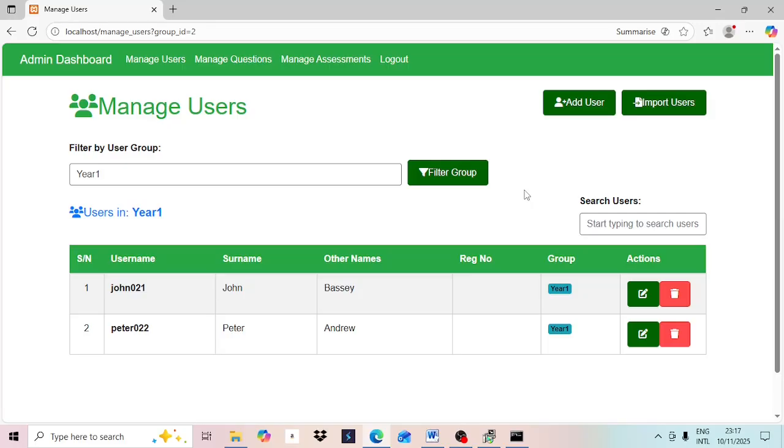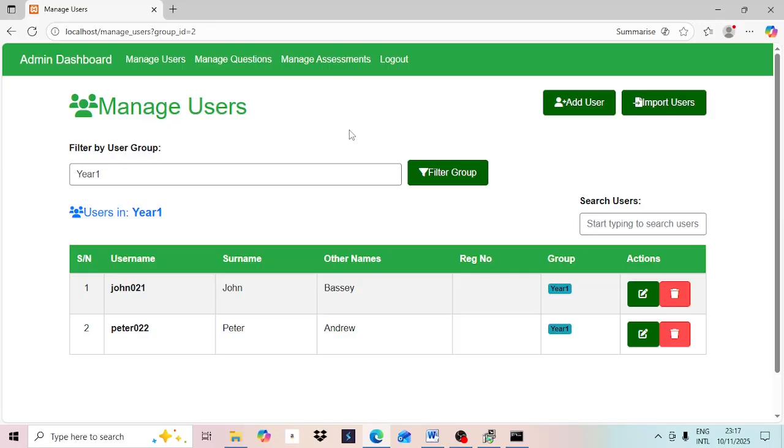Now we've entered these names one by one by filling the form. If it's not too big a school, the teacher can take the pain of entering them. Maybe you have a class of 50, 40, or 30. Not a big deal. The teacher can sit down there and enter them. But in case you have it